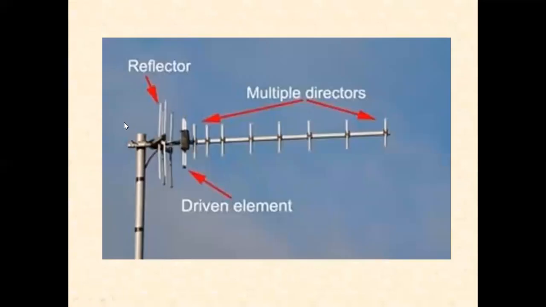See this diagram, we have a reflector, folded dipole, director. This folded dipole is acting as a driven element, director, and more number of parasitic elements. These parasitic elements, we also call multiple directors. These are also used for increasing the gain in the favored direction. The function of the parasitic elements is similar to the function of the director, so we also call them multiple directors.